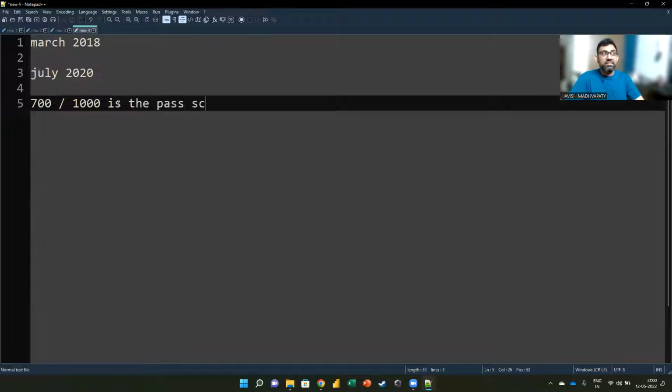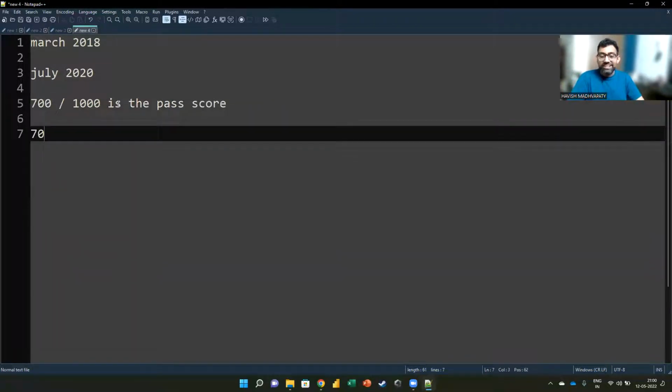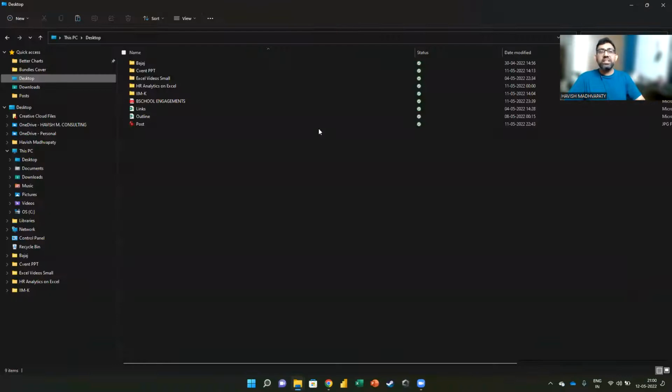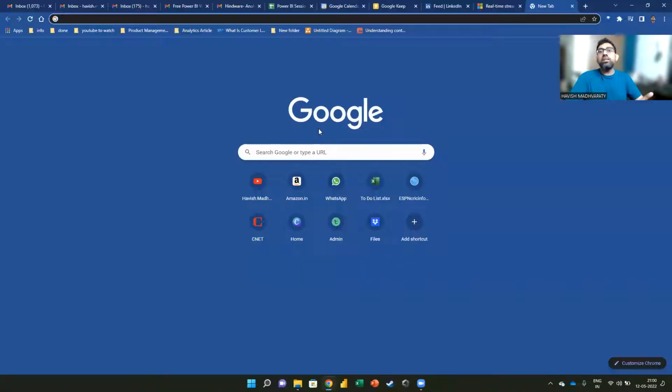And despite my 20 years of experience on Excel and 2 years of experience on Power BI, I actually got a 708. I just managed to clear it. My point is, it's a tough exam. You can't expect to clear the exam if you have not done a lot of preparation. Thankfully, Microsoft has made it very clear as to what you have to study.